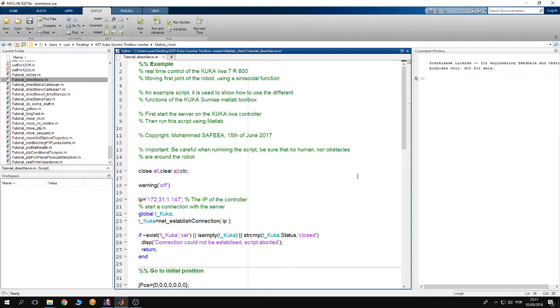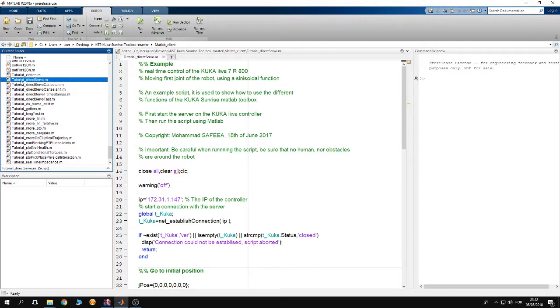So first of all, open MATLAB, then change the working directory of MATLAB to the folder MATLAB client. You can find this folder inside the Kuka Sunrise toolbox package. So from inside the MATLAB client folder, go and open the tutorial direct servo